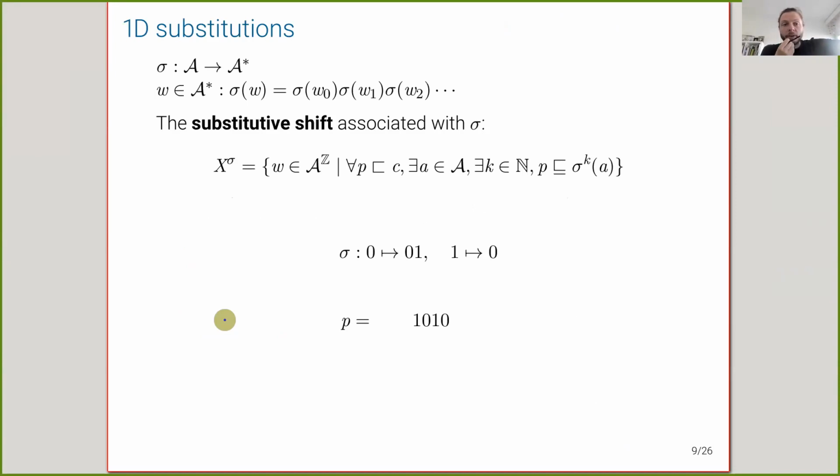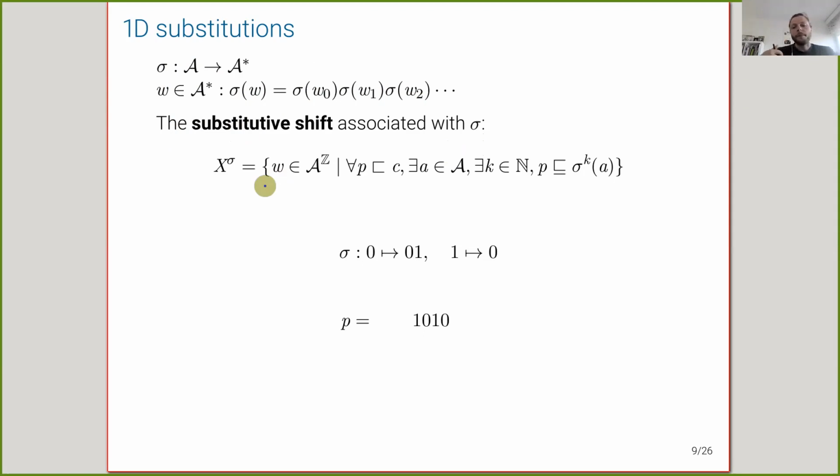So substitution, if you look at dimension 1, it's quite easy. You consider a function that takes some letter of the alphabet and that returns a word. And you can naturally extend this substitution to apply it on words instead of simply letters by applying the substitution on any single letter of the word W. From a substitution, we can define what we call a substitutive shift associated with the substitution, which is the set of words